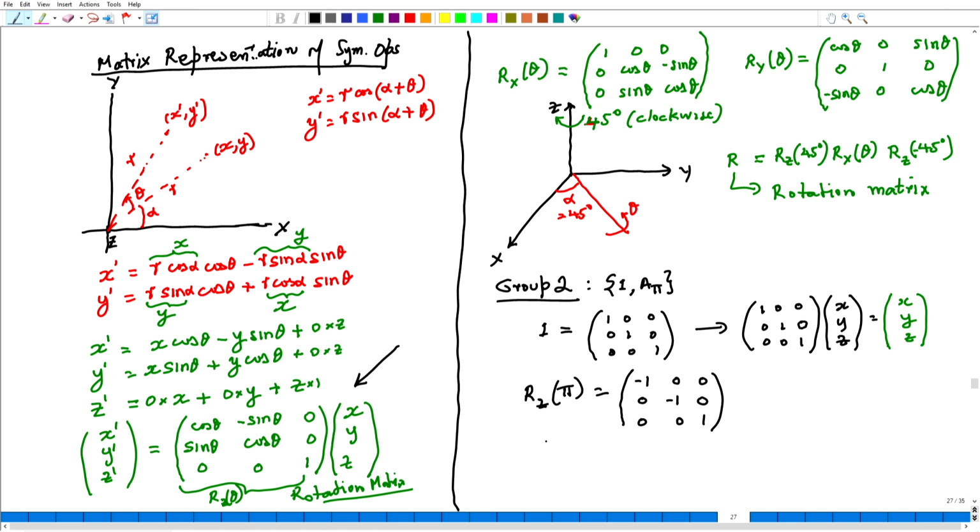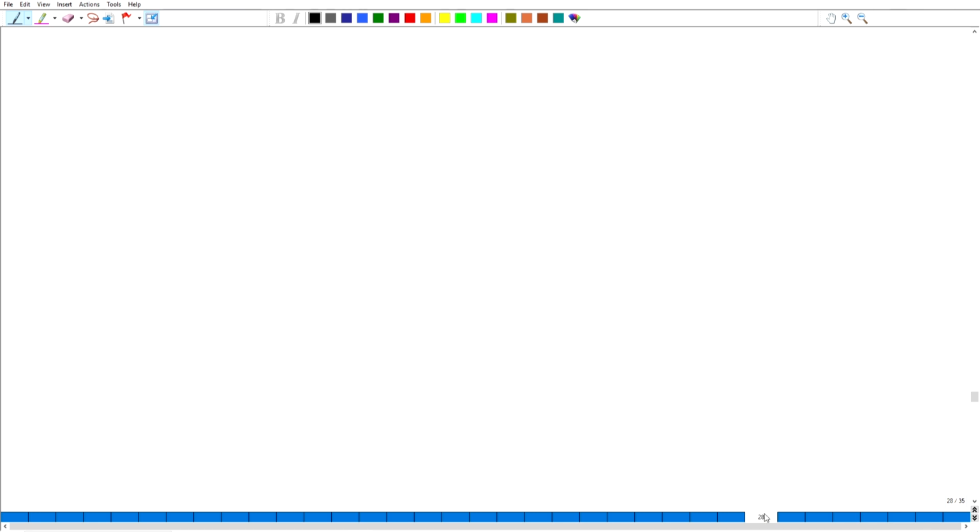Now, for example, if I have to find out what happens if we do two operations in this group. So, I do Rz pi followed by again Rz pi. This is a trivial operation anyway. I would get the identity matrix when I multiply the two matrices. Let me take another example. Let us take